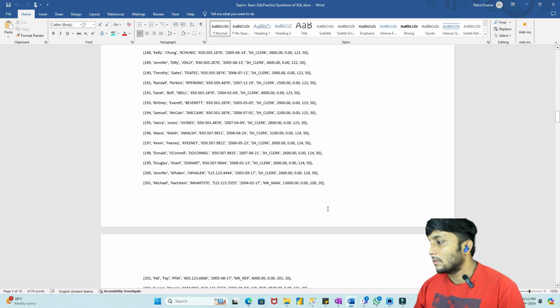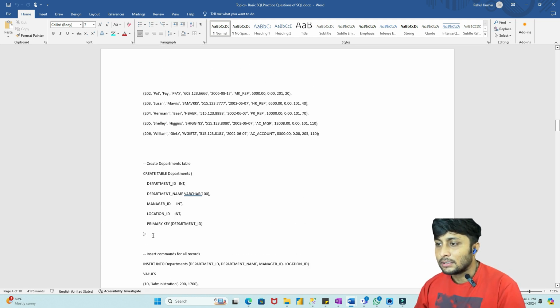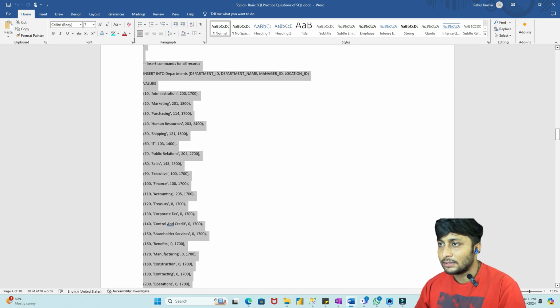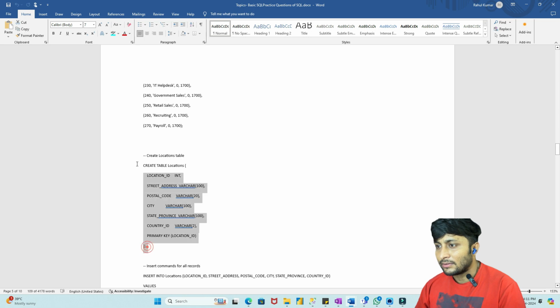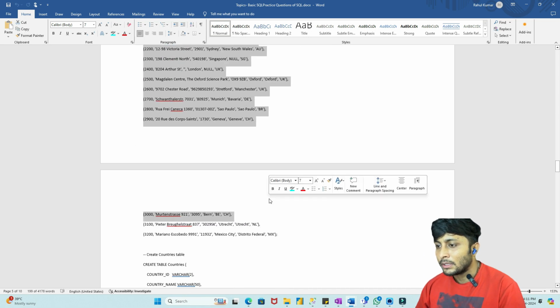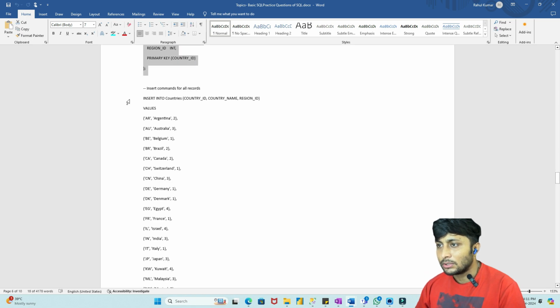There is a tool called SQL Server Integration Services, so we will talk about that also. And there is another table called departments, and for departments I have these. There is another table I have created, that is locations, and for locations also I have provided the dummy data. So basically what you need to do is first create the tables and then load these